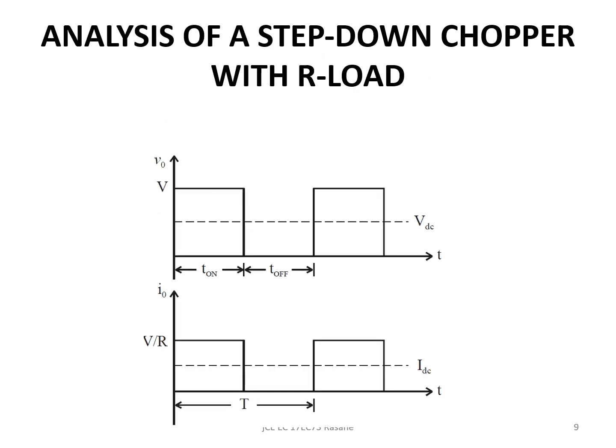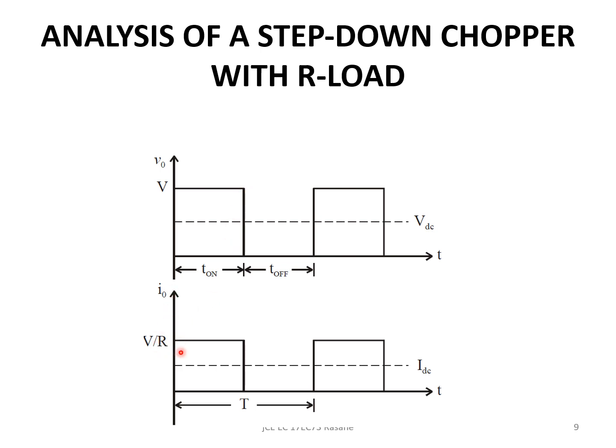So if I analyze the step down chopper with R load, I will have an on time and off time, and there is a period T, which we call the chopping period. And we are assuming that there is no voltage drop across the switch, that is the chopper itself, when it is turning on. If there is a drop in the chopper, then we'll have to consider removing that drop, so input minus that drop will come at the output. In this case, we are assuming that no voltage drop is there across the chopper, so whatever is at the input will appear at the output.